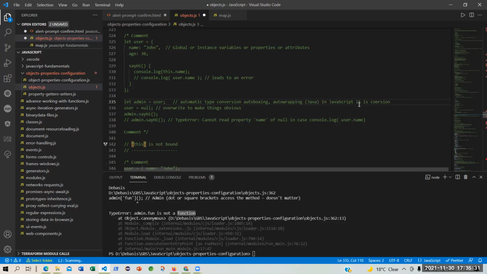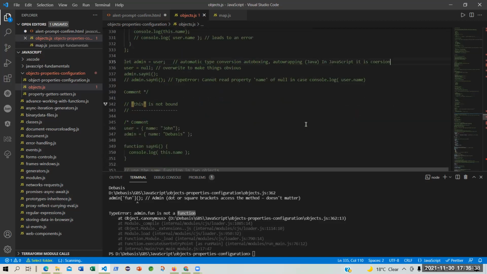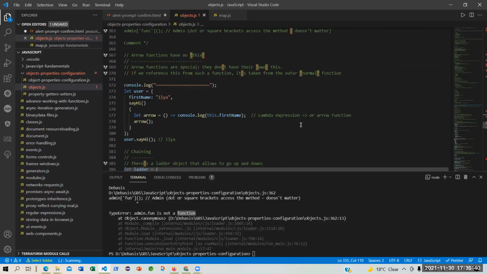Coercion. Yes, sir. So similarly, whenever you say that this function is assigned to this variable arrow, then this arrow becomes a function by coercion.